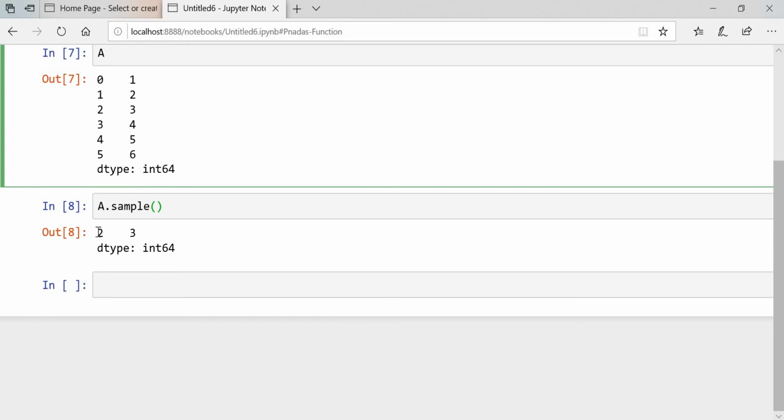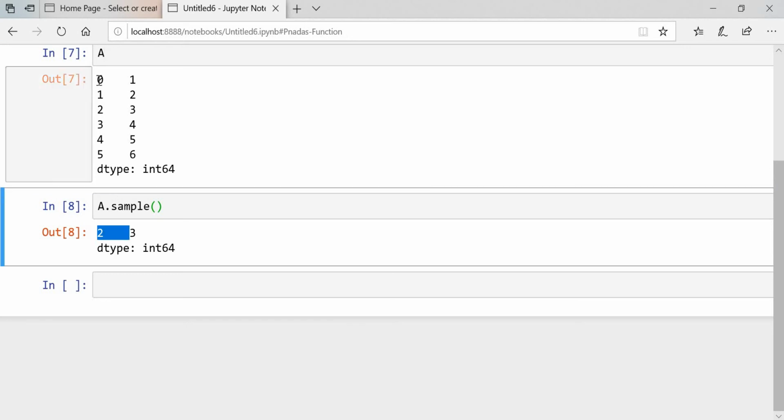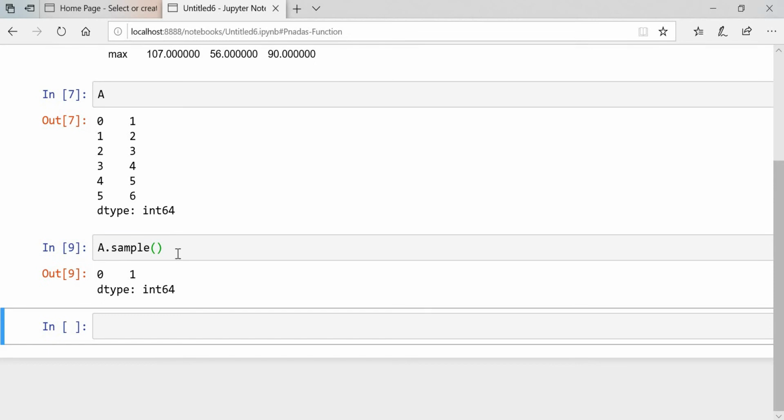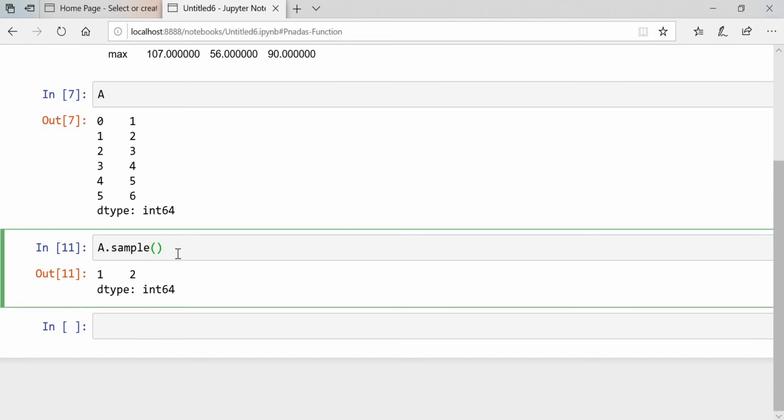This 2 is the index value, and these are the elements inside your A series. Once you execute one more time, you will get different data. If you execute n times, you will get different data each time, means you will get random data. You will not get the same data.